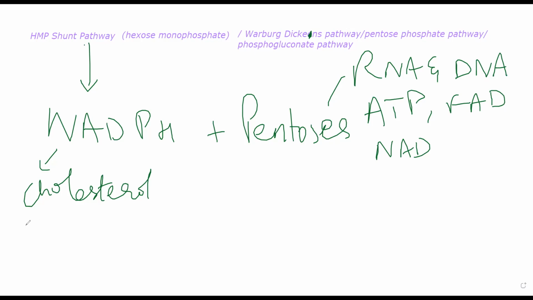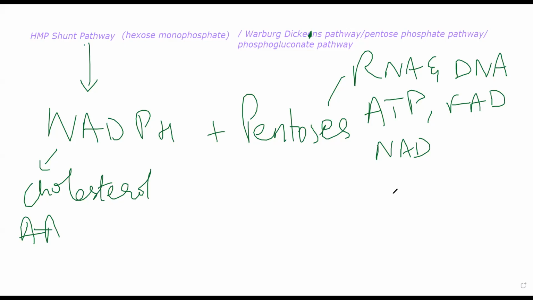It is responsible for synthesis of non-essential amino acids, which are not consumed from outside but produced inside your body. It is also used for several antioxidant reactions, and for maintenance and preservation of the RBC membrane. ठीक है, जो एरिथ्रोसाइट की मेम्ब्रेन रहती, वो मेम्ब्रेन की इंटेग्रिटी, to make sure that it is nice and healthy, and to make sure that iron is present inside the hemoglobin properly in reduced form. For all of that, you need NADPH. So NADPH plays a very important role inside your body. The HMP shunt pathway essentially is responsible for production of both of these.